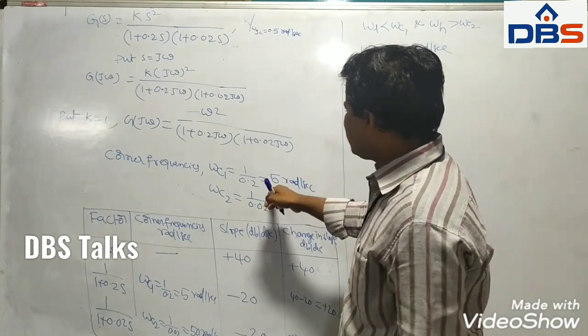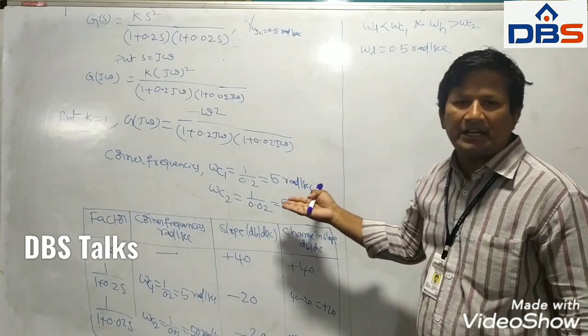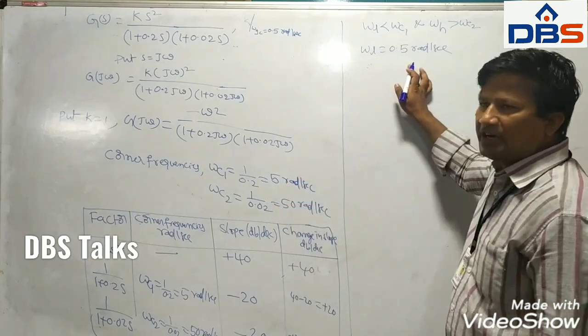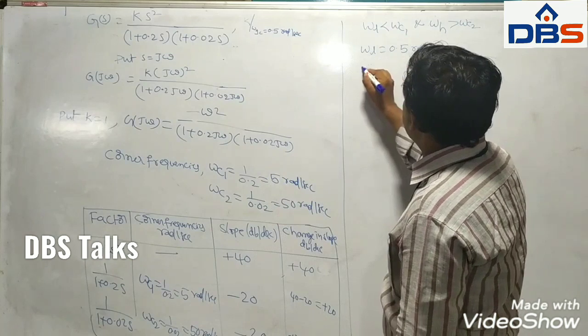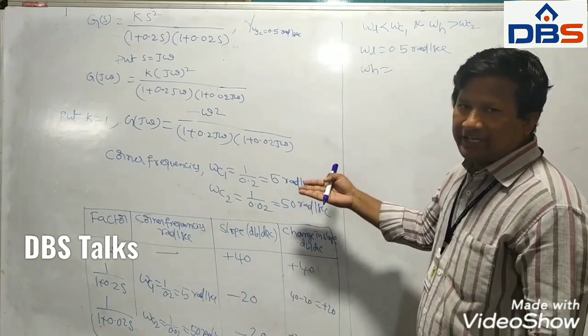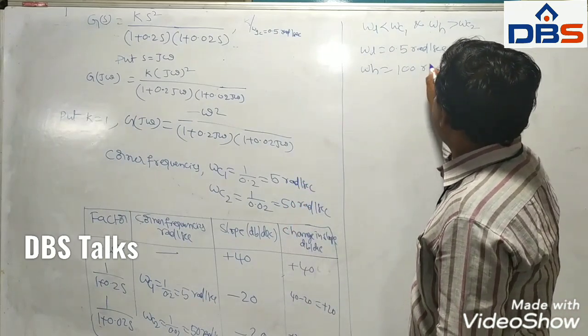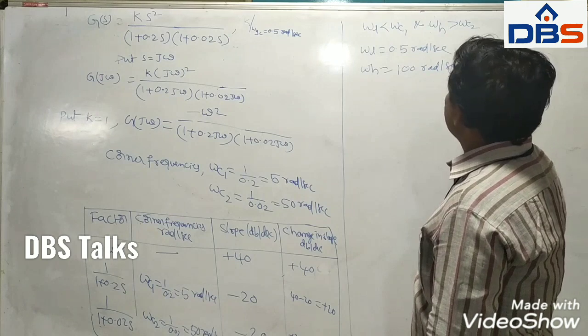So because omega c1 is 5 radians per second, we can assume 4 radians per second or 3 radians per second, but I am taking 0.5 radians per second. And in a similar manner, omega h is equal to omega c2, which is 50; taken 60, 70 or whatever it may be, I am taking 100 radians per second. So now